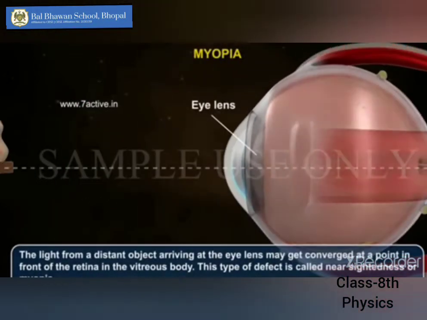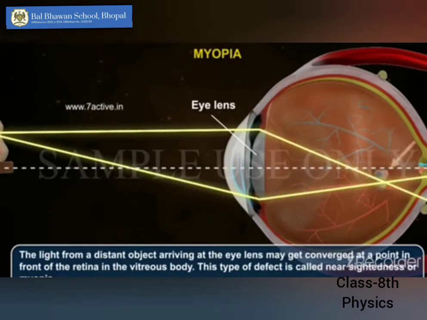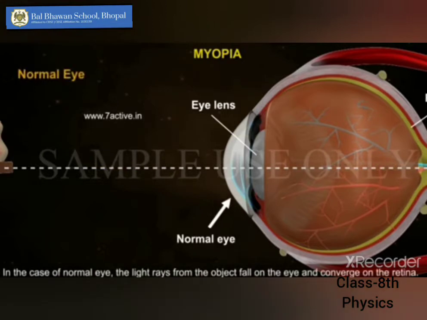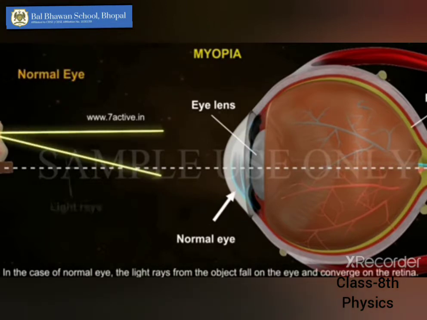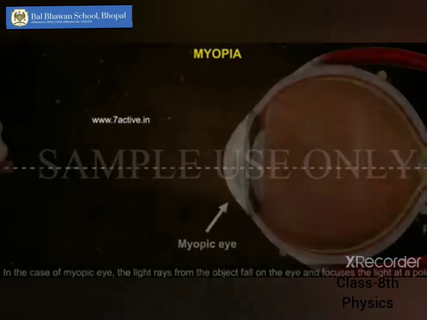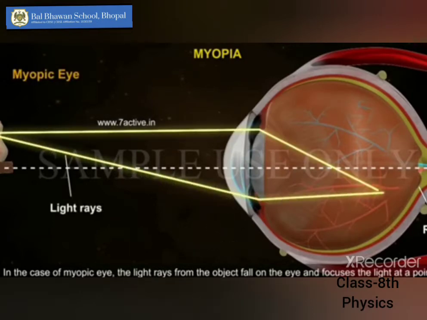Now see, how does the eye become myopic? You can see in this picture, in this video, that the rays which are coming are converging before the retina. Actually they should form on the retina, so that the image is converted by the retina into electrical pulses and sent by the optic nerve to the brain. But it so happens that in case of a myopic eye, when we are not able to see far off objects clearly, the image is obtained somewhere before the retina, not on the retina. So if we use a concave lens, what will happen? By using a concave lens, the image will be obtained now on the retina.